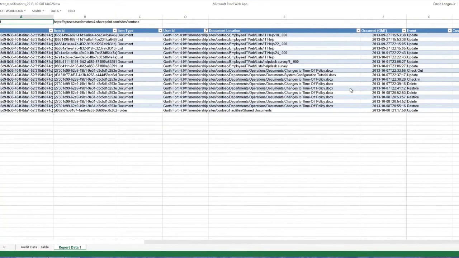Staying in compliance is crucial to the health of an organization. That's why SharePoint gives you more control over site compliance and the ability to keep a detailed record of user actions related to your content.